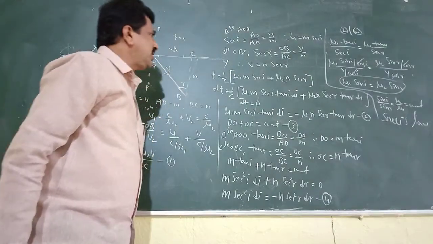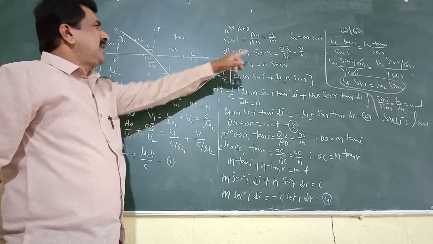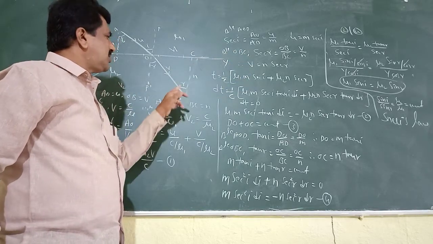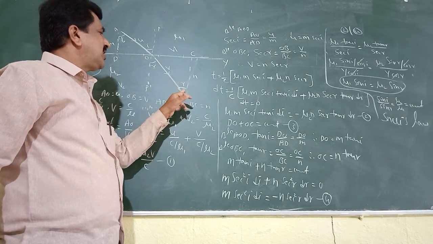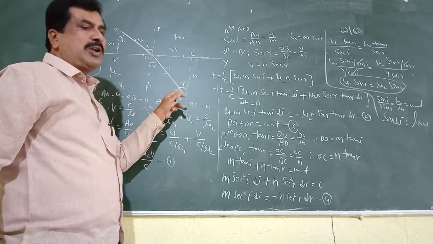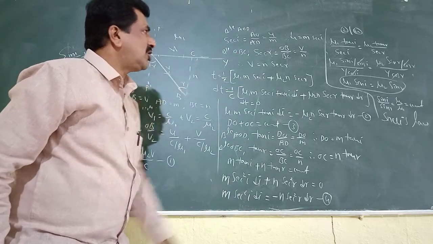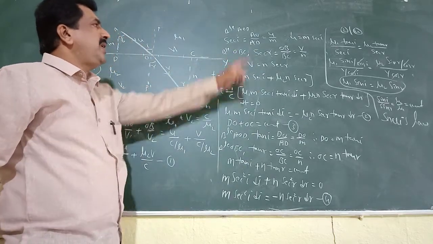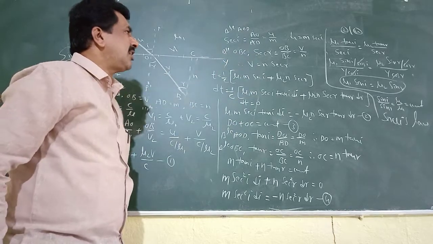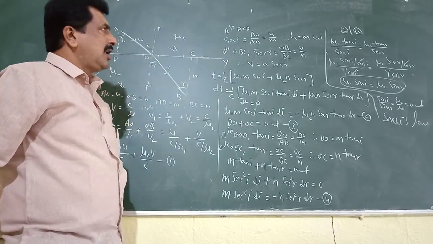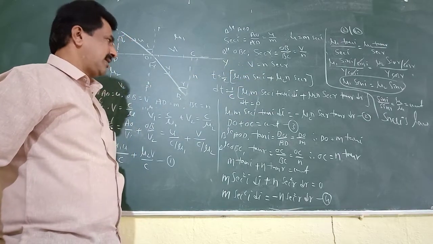Similarly, in the right angle triangle OBC, applying the trigonometric function sec, sec R is equal to hypotenuse side divided by adjacent side. For this R, OB is the hypotenuse side and BC becomes the adjacent side. Sec R is equal to OB divided by BC. OB is nothing but V and BC is nothing but N. So we get sec R is equal to V by N. Now taking the cross multiplication, we get V is equal to N sec R.